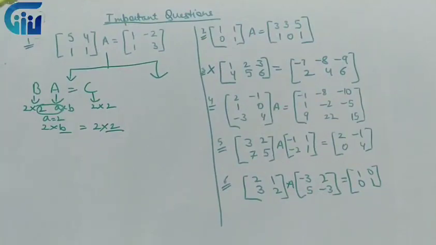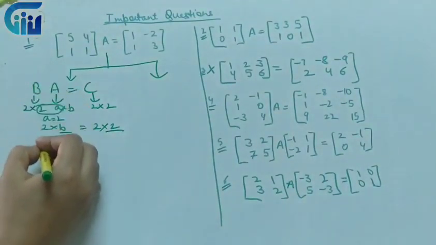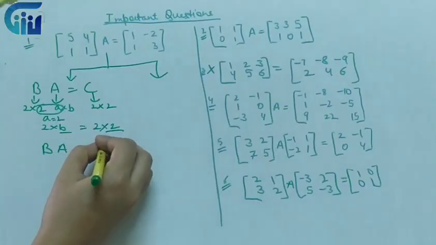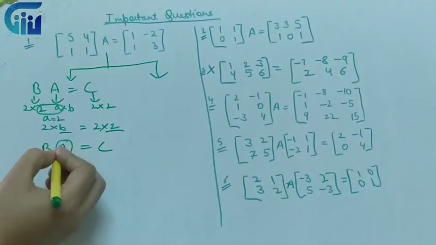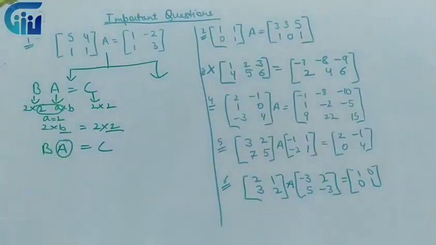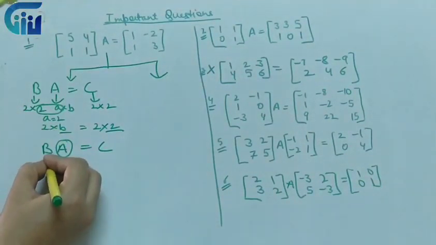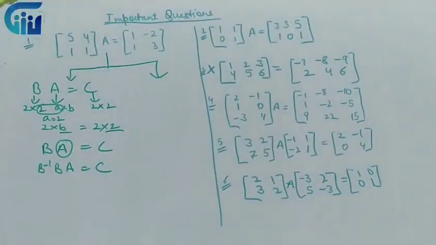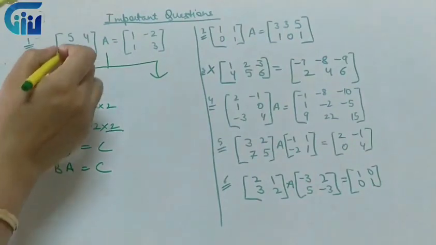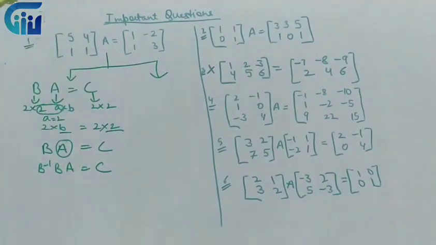So what is the method? Now if we know it is a square matrix, then the inverse always exists for a square matrix. So what we will do? If this is B, this is A, this is C. Now, how do we generally solve a linear equation? If this is unknown, what we do is we divide. So dividing over here in matrix means I will multiply it by its inverse, and the inverse exists because this is a square matrix. Had it been 3 by 3, then also we would have done the question like this only. Because we know that this is a square matrix, so its inverse exists.